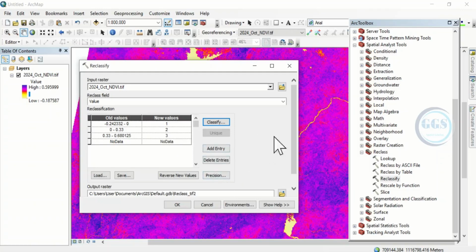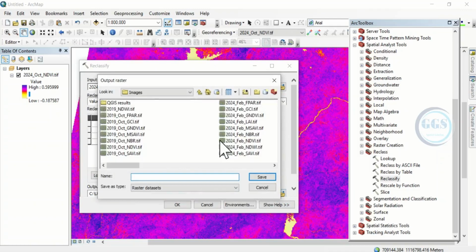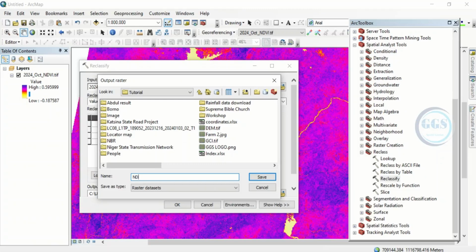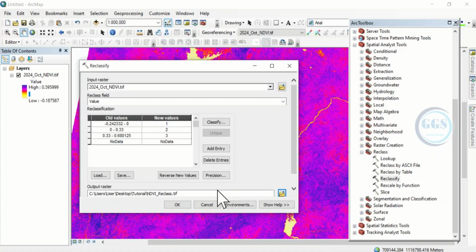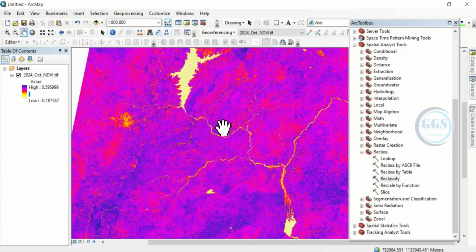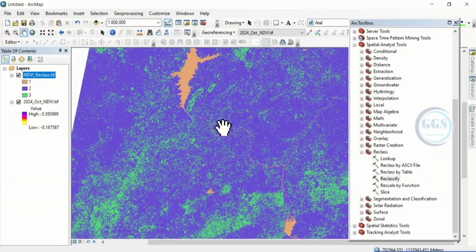Then click here to navigate to where you save your outputs. NDVI_reclass, put the extension .tif and click on Save. Then click on OK. Yes, the reclassification is done. So let's now close this